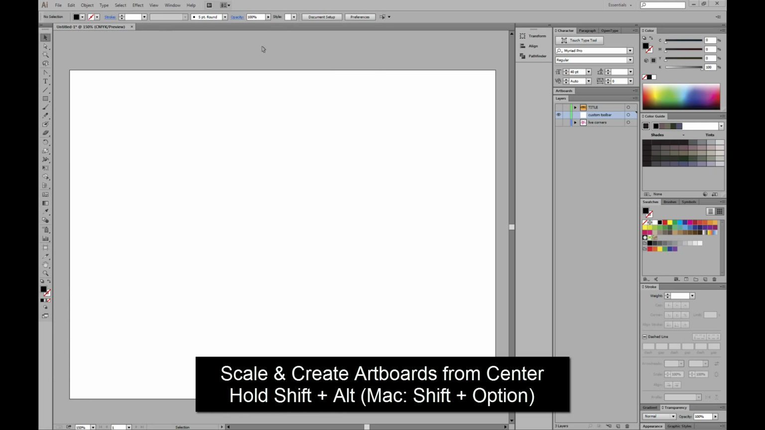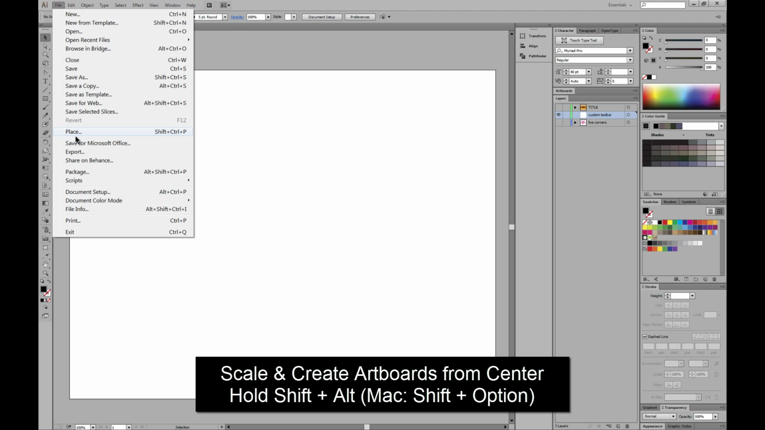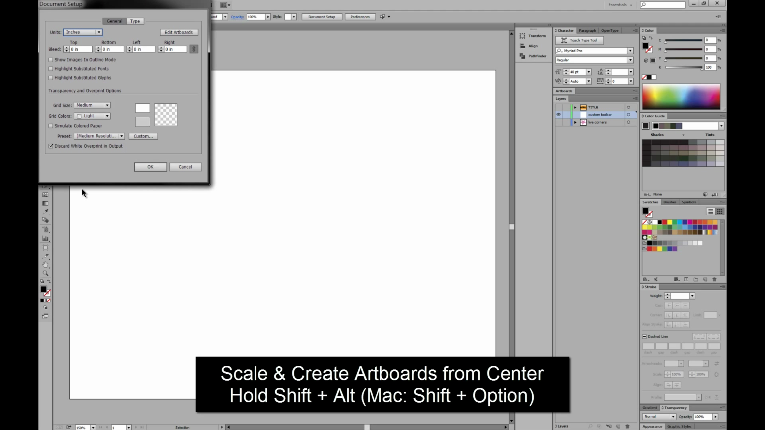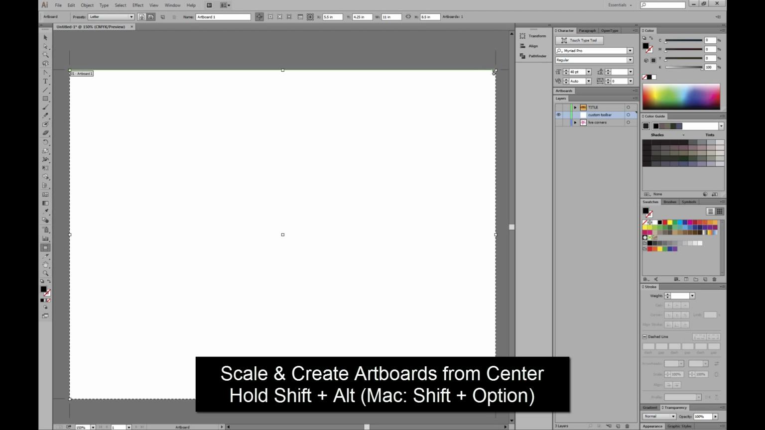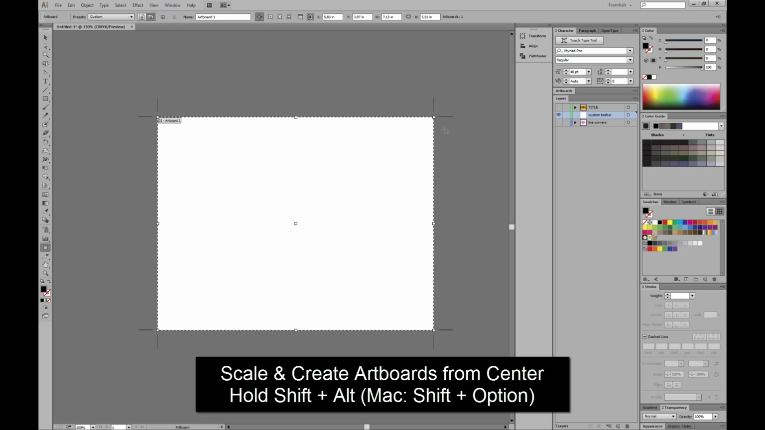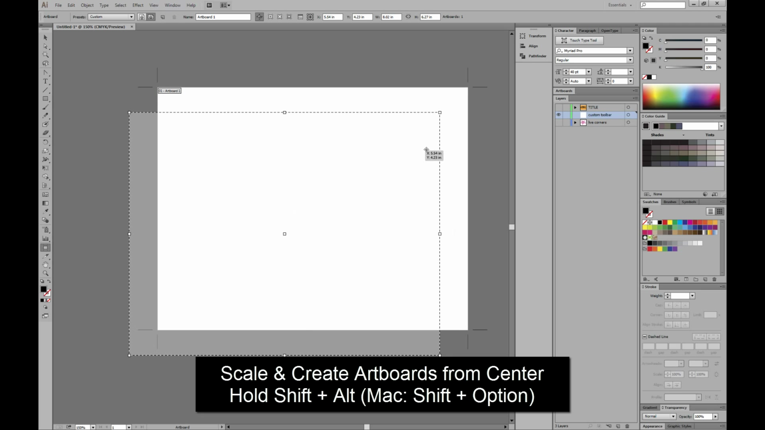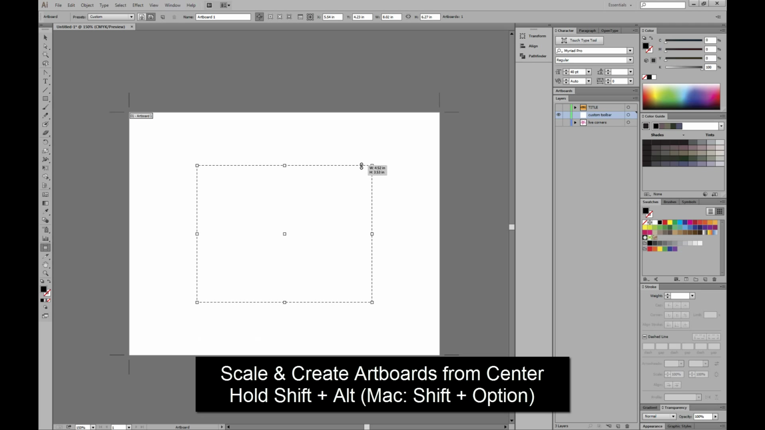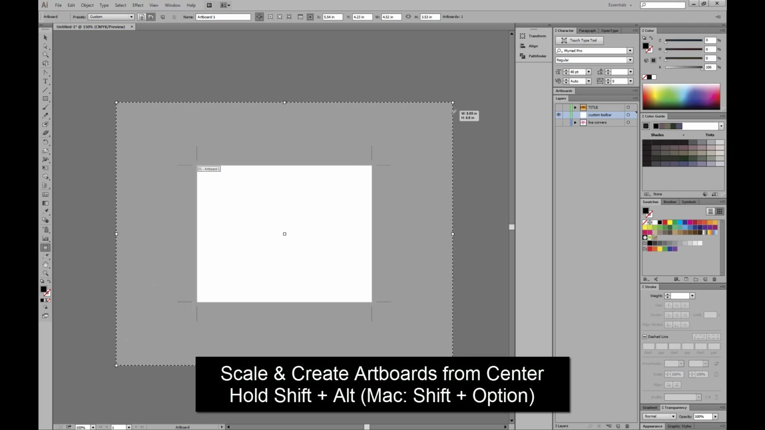The next feature we'll look at is the ability to scale and create artboards from the center. And I really like this scale from the center feature because if we go to Document Setup and we go to Edit Artboards, the advantage to scaling things from the center is that if you've already positioned them and you just want to make them bigger or smaller, you won't have to scale them like so and then move them back to the center and then scale it more and move it back to the center. This just lets you place it once and then you can scale it from that point, which is really helpful